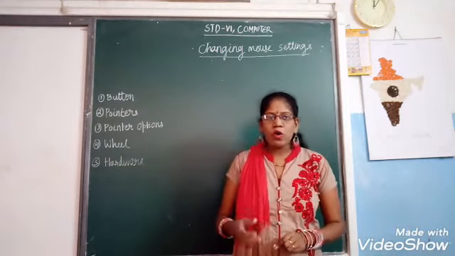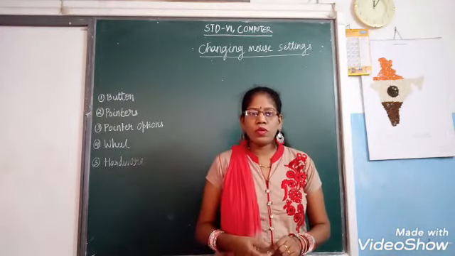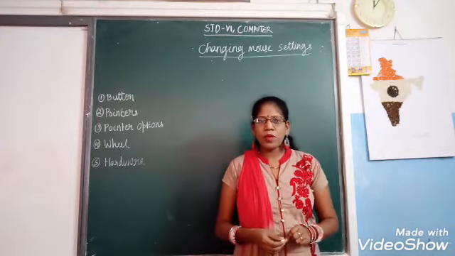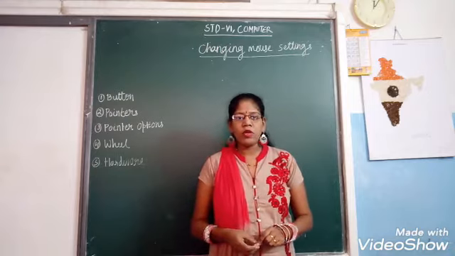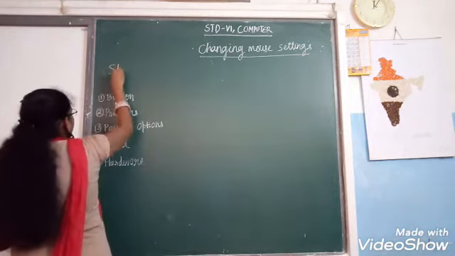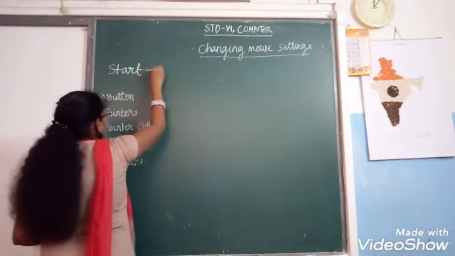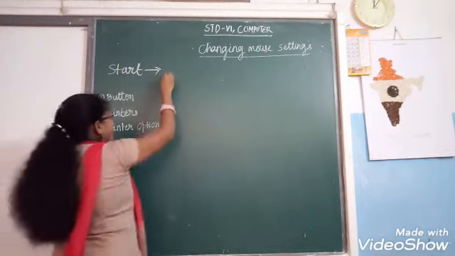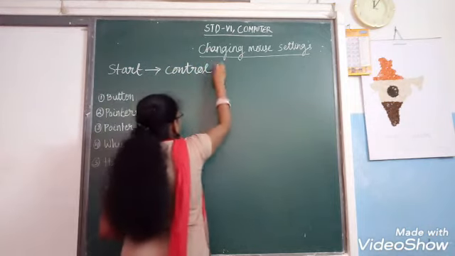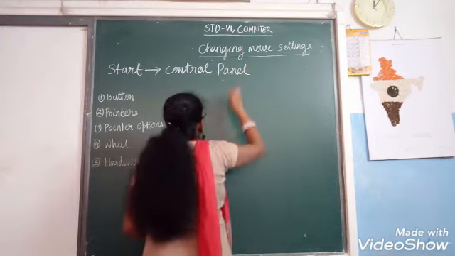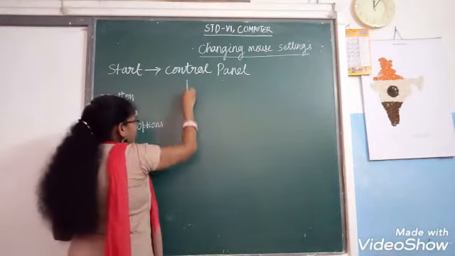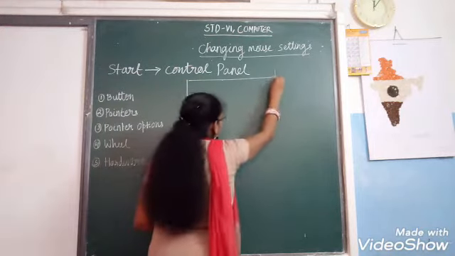So for mouse setting, you should know, once again, what you have to open. Control panel. How to open control panel? You already know. You have to go to the start button. Okay. You click on the start button, then you select control panel. When you select control panel, the control panel's window opens up.